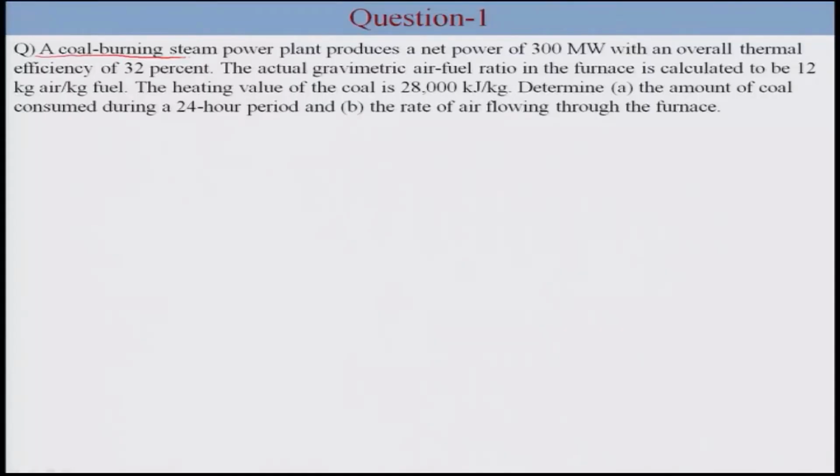A coal burning steam power plant produces a net power of 300 megawatt with an overall thermal efficiency of 32%. The actual gravimetric air fuel ratio in the furnace is calculated to be 12 kg of air per kg of fuel. The heating value of coal is 28,000 kilojoule per kg. We have to determine the amount of coal consumed during a 24-hour period and the rate of air flowing through the furnace. So the efficiency of a furnace is given as